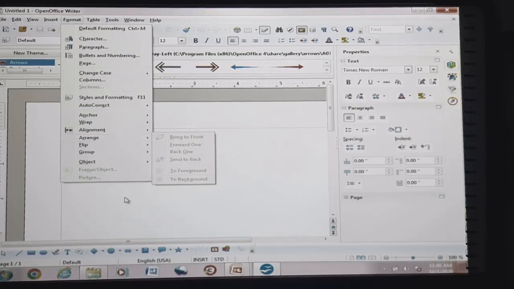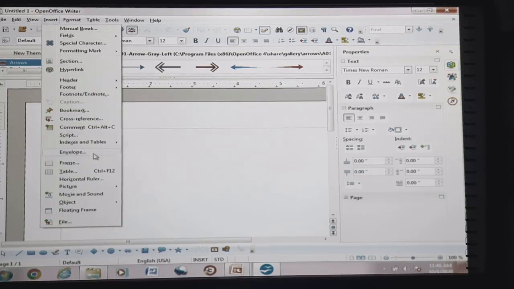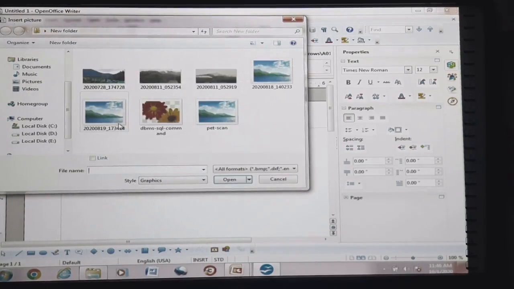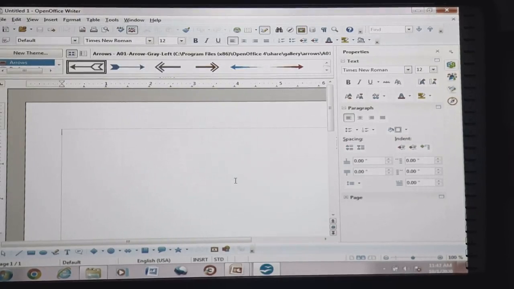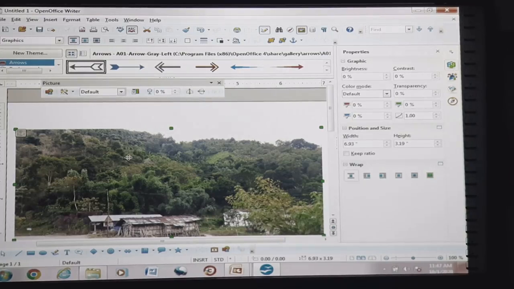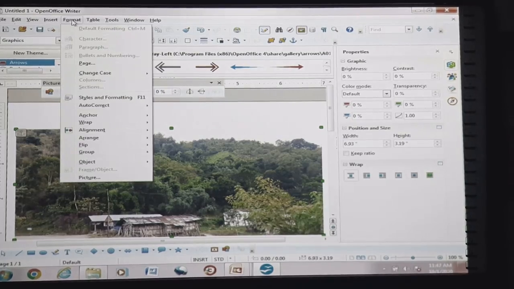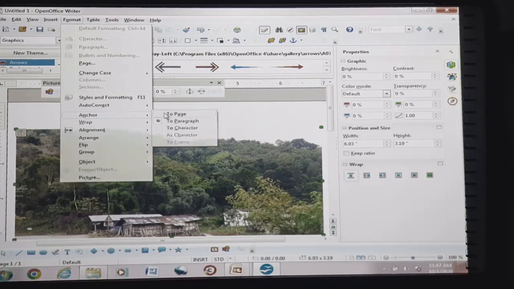So let us see by inserting a graphic. Insert, picture, from file. Suppose I am inserting a picture from file, this one, open. Okay, I have inserted a picture from file. Now I am using the anchor option or any of the other three settings. Say I am choosing the anchor option to page.